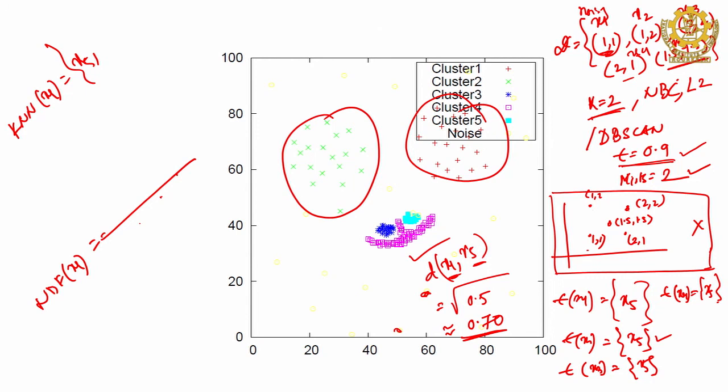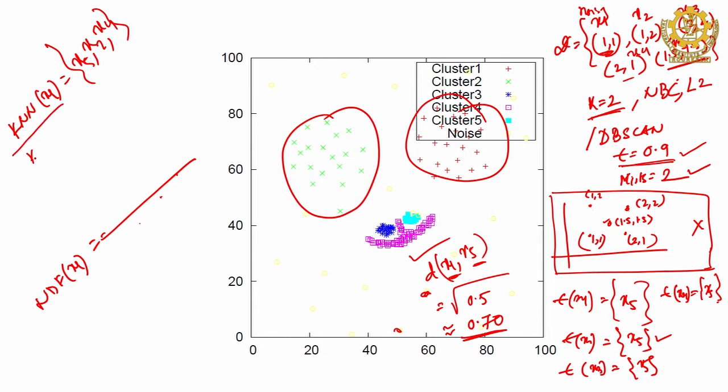Then we are finding the points for x2, which is (1,2). (1,2) is here. Its nearest neighbors will be (2,1), which is x4, x5 and x1. So, it will be x4, x5, x2 and x4. Similarly, you have to compute for all points. x5 is here, and then (2,1) is x4, and then (1,2) is x2. So, KNN of x1 you got it.